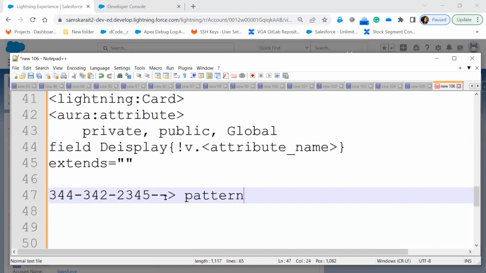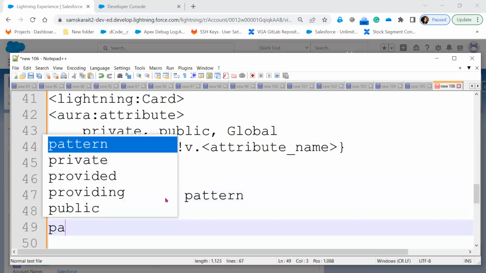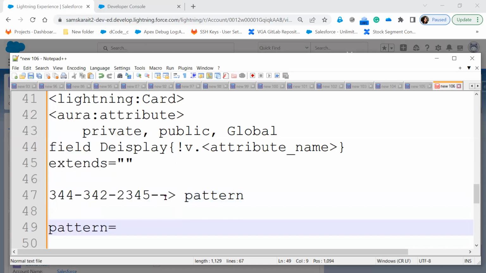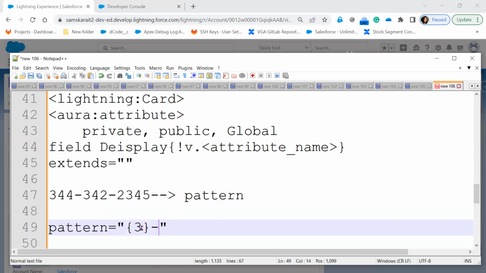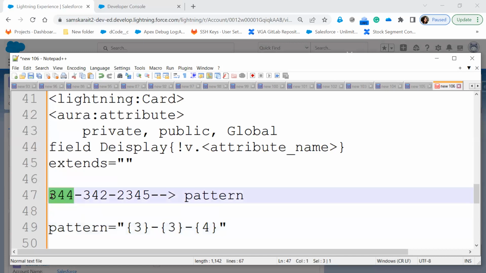This is called pattern. Now you have to mention in the Lightning input pattern equal to. Now, what all things should be there? First of all, the first three digits, hyphen, three digits, hyphen, four digits. This is the format 3, 3, 4, right? Pattern equal to this. But what should be expected here: all the characters, or only the